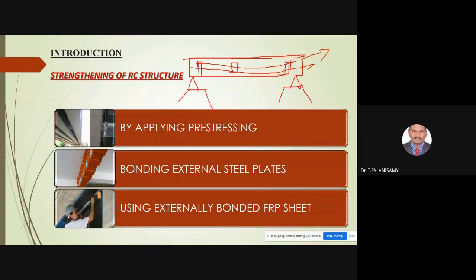This provision is already available, so you can go for this kind of thing. In most bridges you can see this kind of projection for strengthening purposes. Another one is bonding external steel plates. This is the beam, and this is the slab. For this purpose, you go for external steel plates, like stirrups, bonded with bolted nuts, or epoxy and so on. This is another method. This is very costly as well as